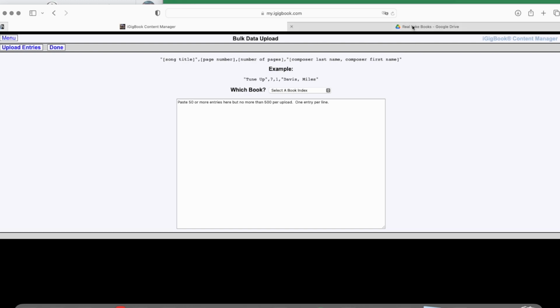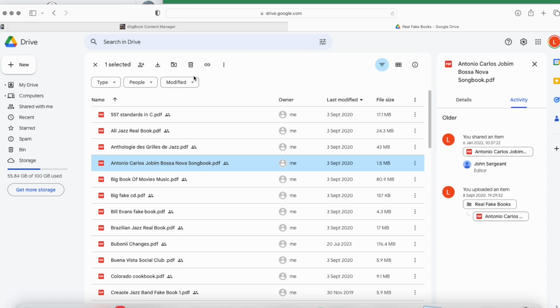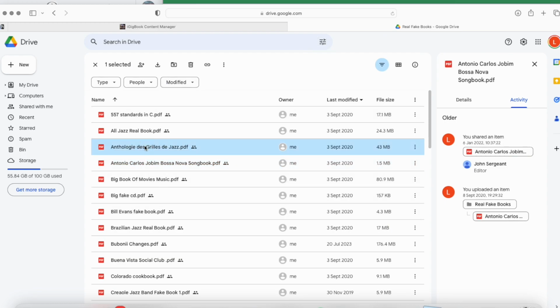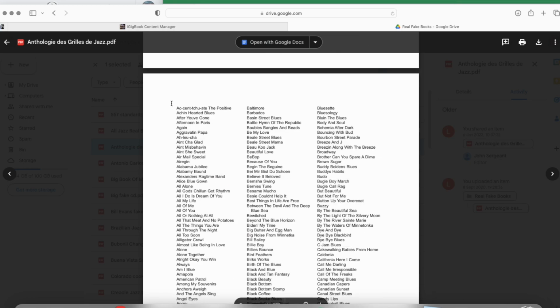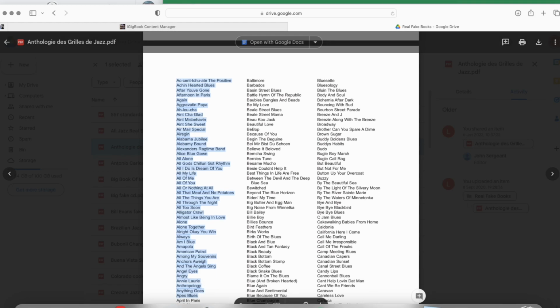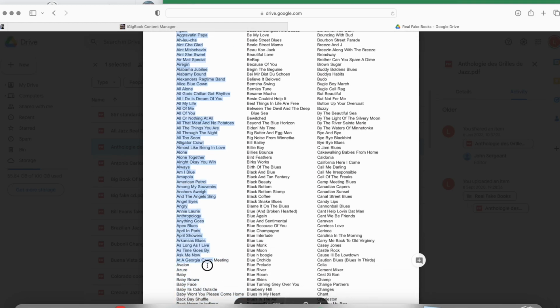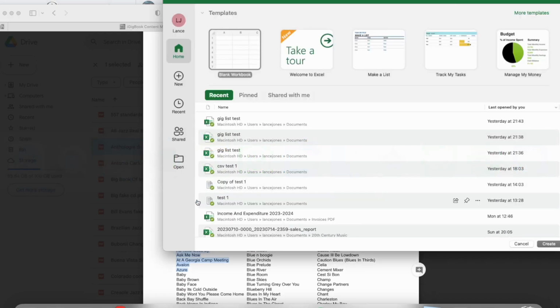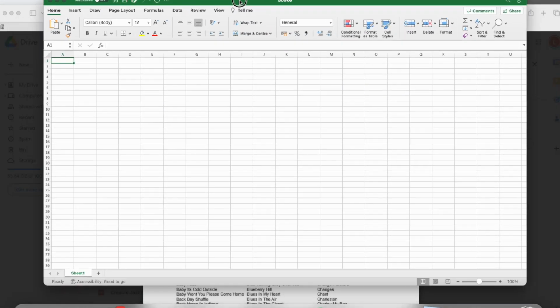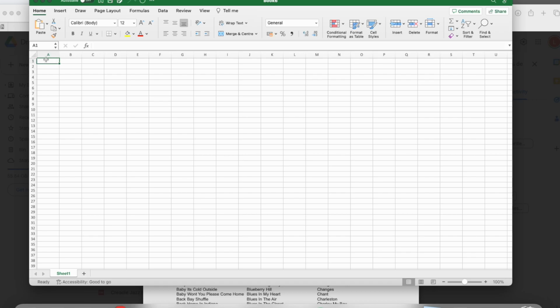So first of all, let's go and grab some data. If we grab the anthology book like that, and let's do all of the A's. Like that. So I'm going to copy those song titles and put those into Excel. Let's have a new book. And here we go. So I'm simply going to paste, Command V or Control V, those